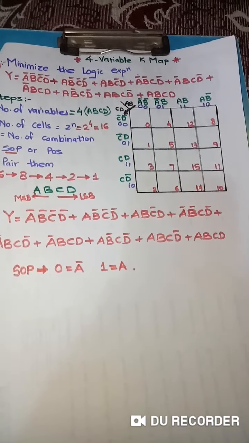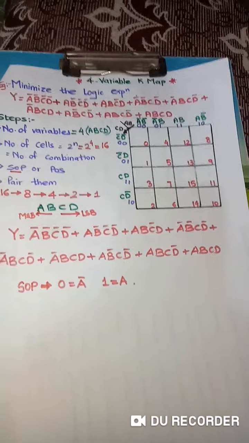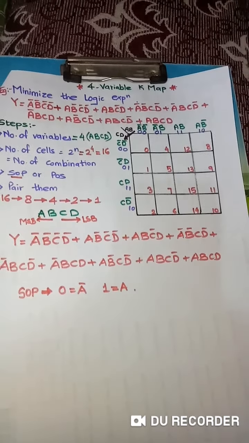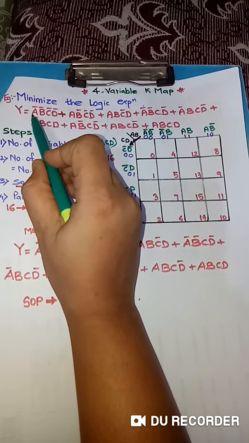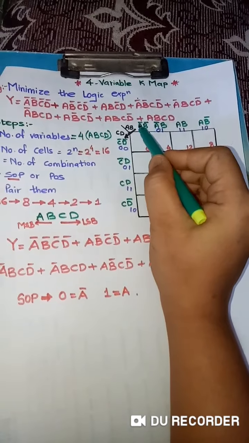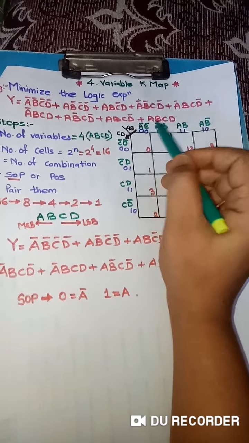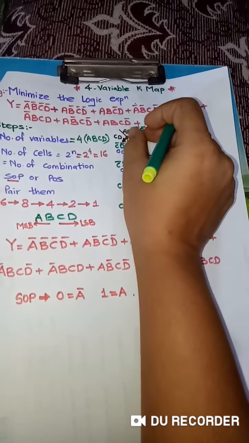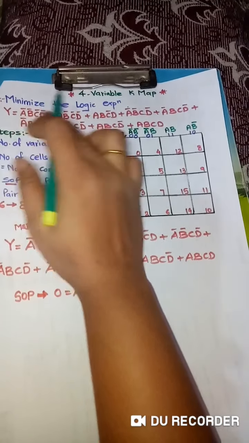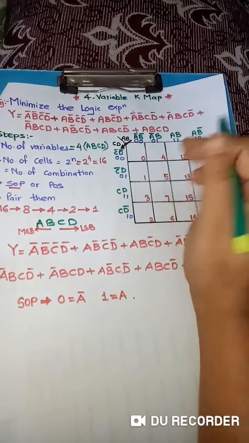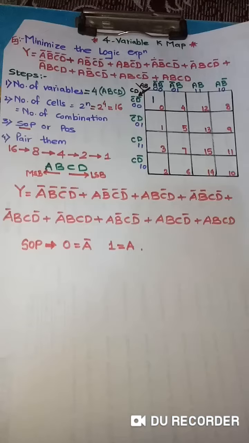Now we will represent these blocks by this particular Boolean expression. How are we going to do that? The first term we can see is A bar, B bar, C bar, D bar. First we look for A bar, B bar. This column is of A bar, B bar. In this column, now find where C bar, D bar is. C bar, D bar is the very first row. So A bar, B bar, C bar, D bar means this cell will come.